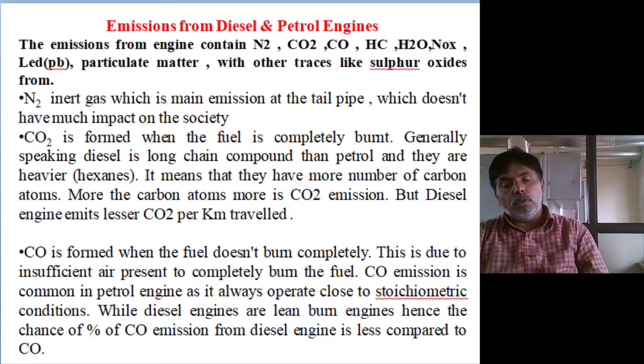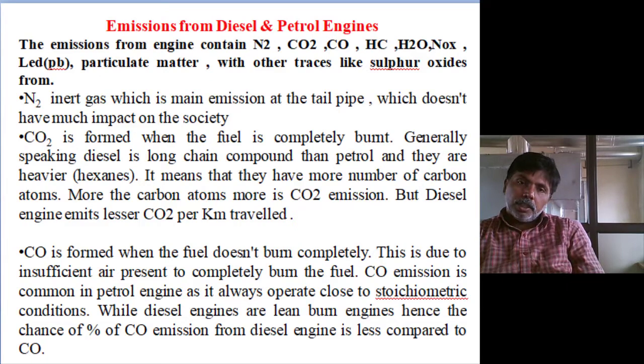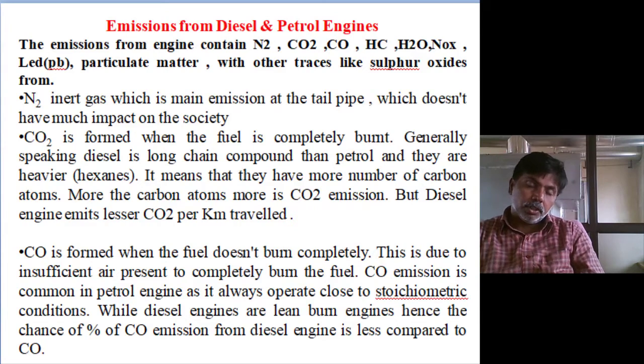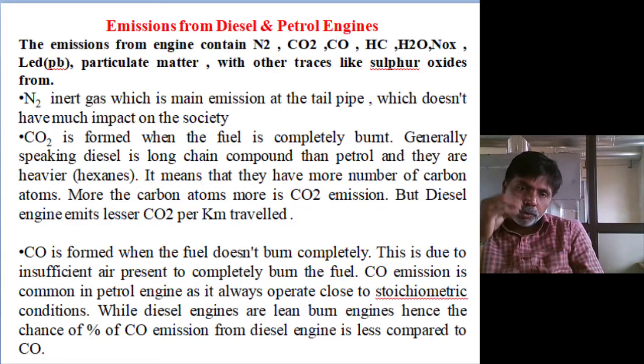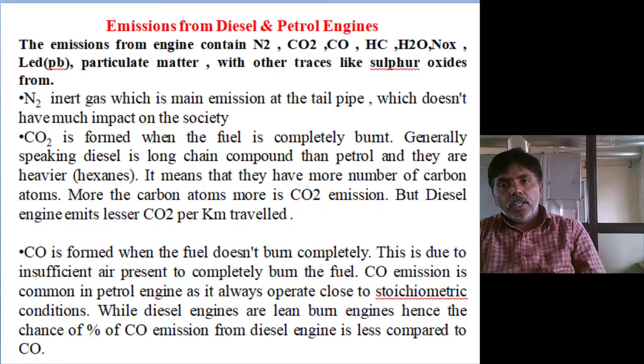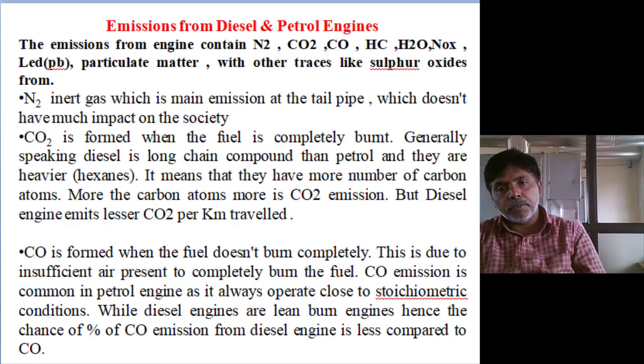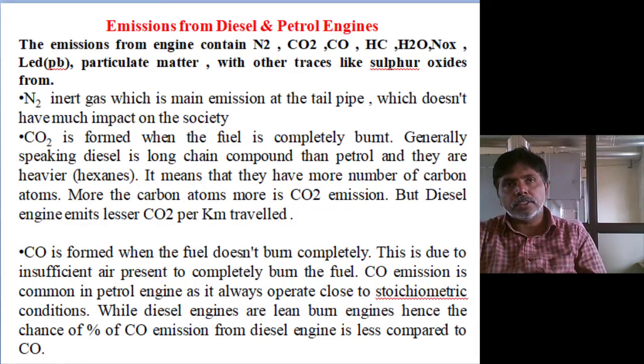Next, H2O, water vapor. You can notice this when the engine is off after running 50 or 60 kilometers. From the silencer, condensed water droplets are coming. Notice that; that is not oil. If H2O is coming, what does it mean? It means the exhaust gas temperature is less than 100 degrees, because only then condensation of the vapor will take place. If it is less than 100 degrees, it means more energy we are using. The exhaust gas losses we are reducing.